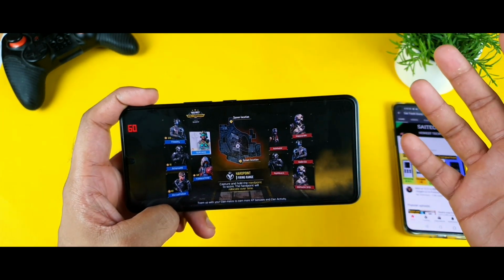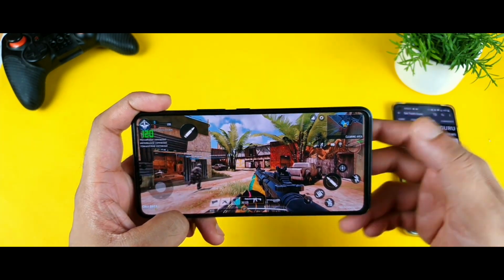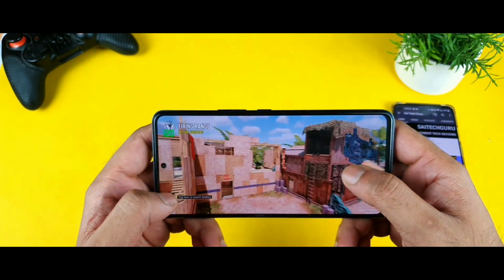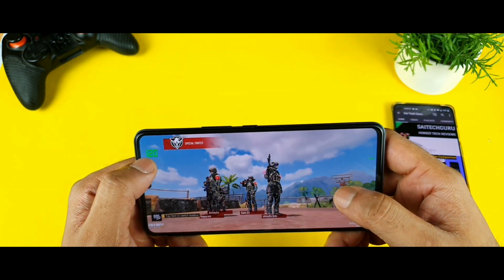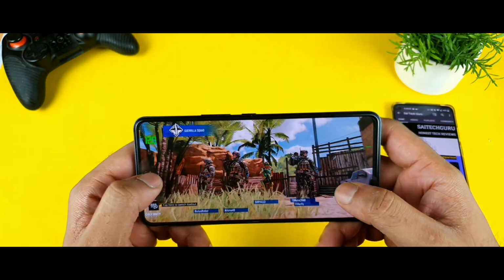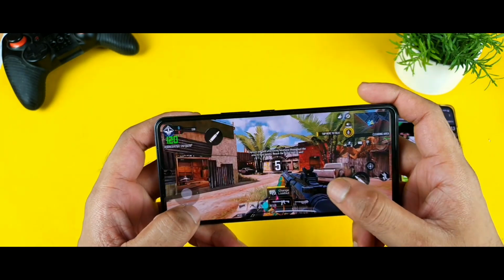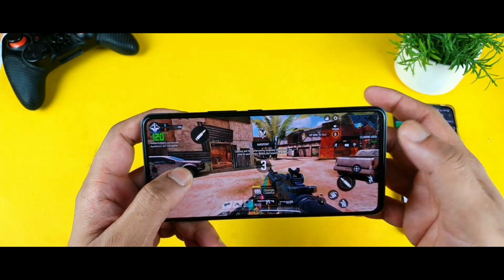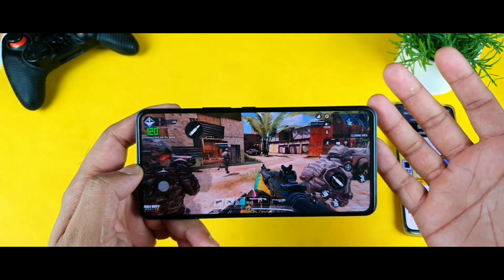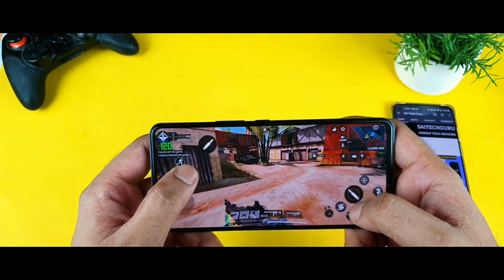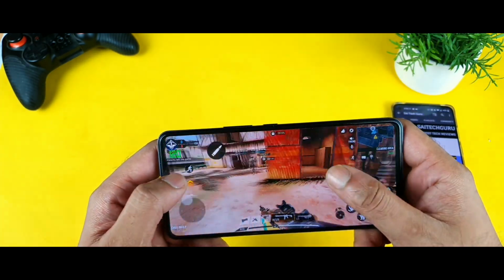But in case you want me to do the review using a third-party application, I can definitely do that kind of testing as well friends. So right now it's getting 120. As you can see, it did increase. So maybe sometimes we are getting more than 60. I'm getting random vibrations friends, even without moving, maybe in the beginning, I'm not sure exactly.